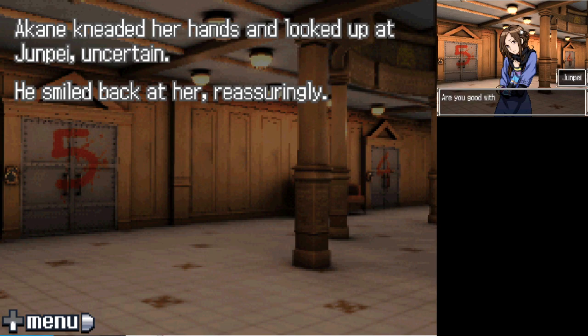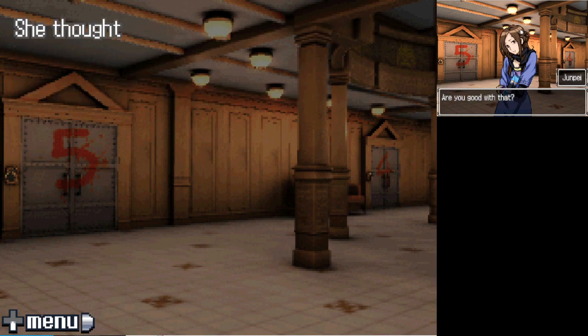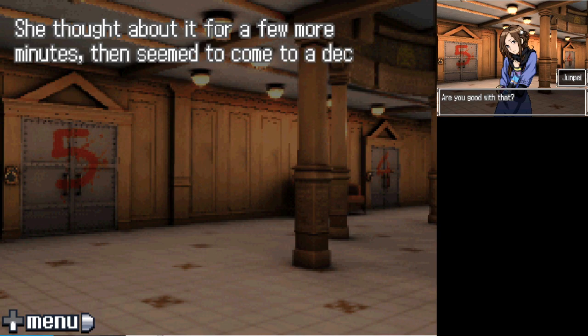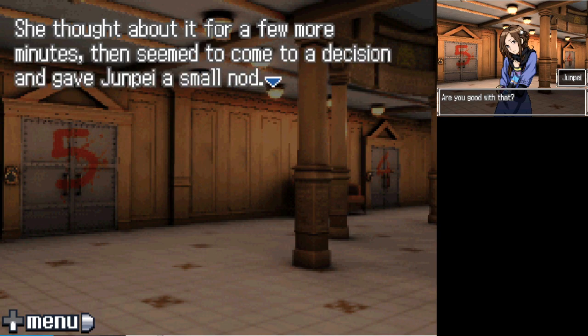Junpei smiled back at her reassuringly. "You're good with that?" She thought about it for a few more minutes, then seemed to come to a decision and gave Junpei a small nod. "Names decided." Junpei ran over to them quickly and said,